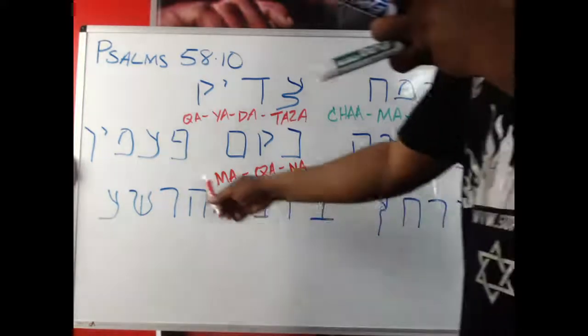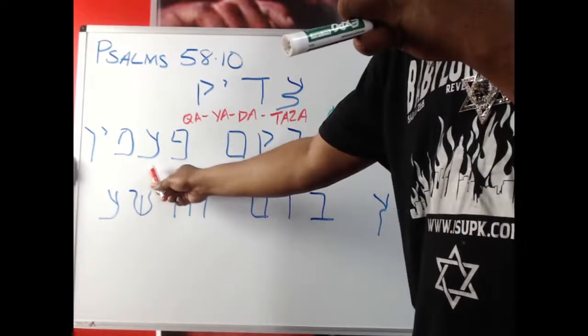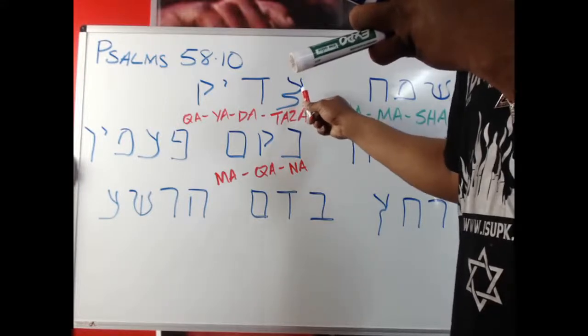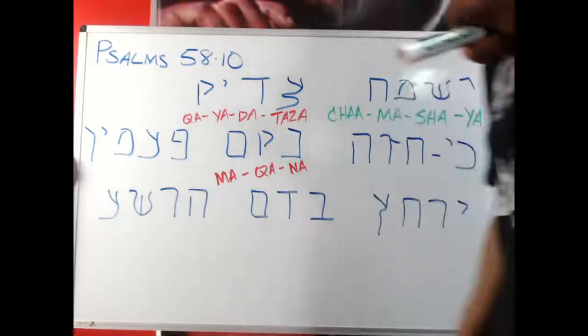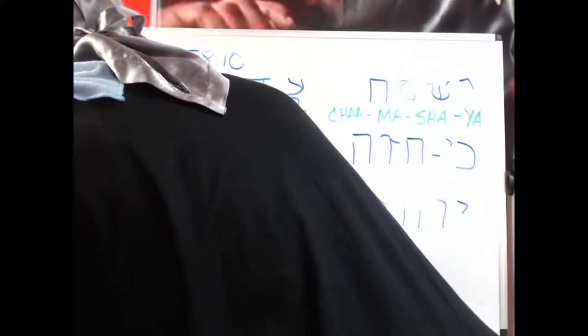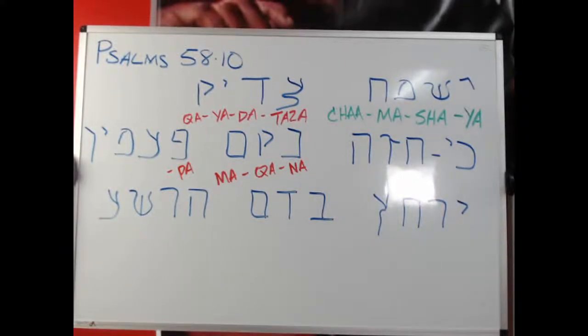Okay, hold on now. We have a familiar looking letter, but it's not all squiggly. It's not squiggly like Tazah. So we have Pa. That's right. What else? It's not Tazah, but